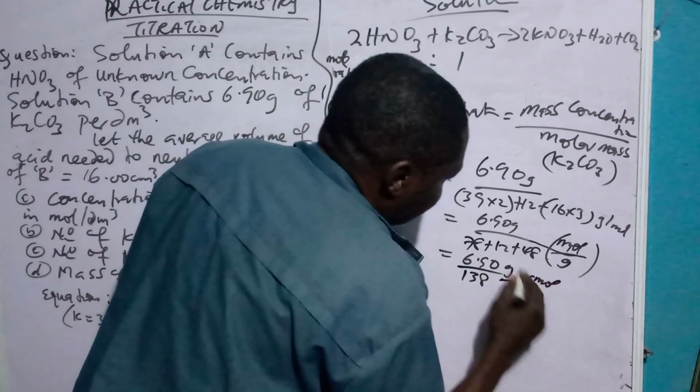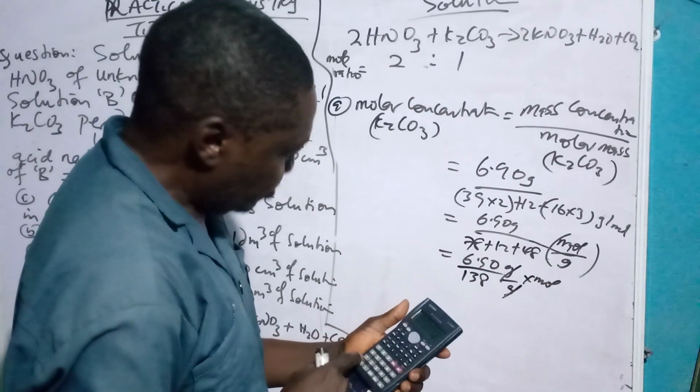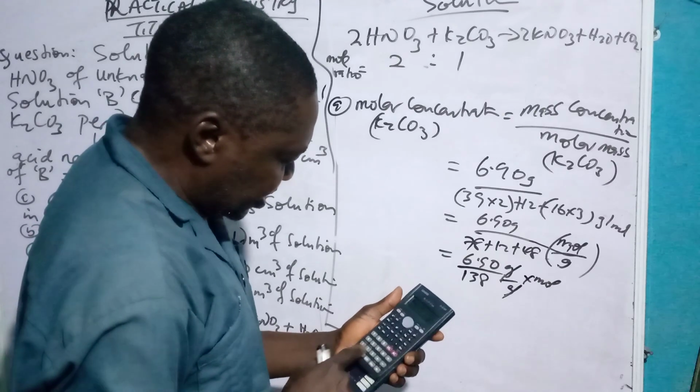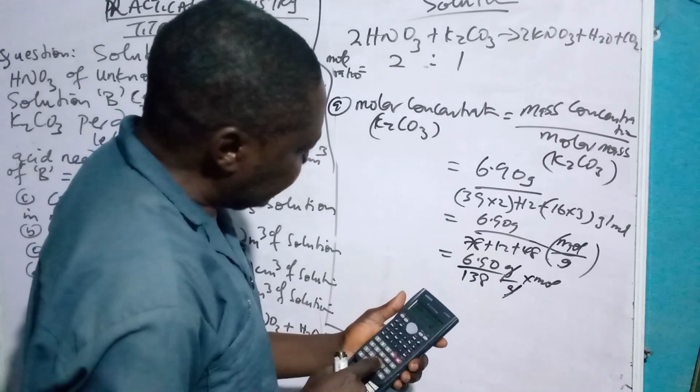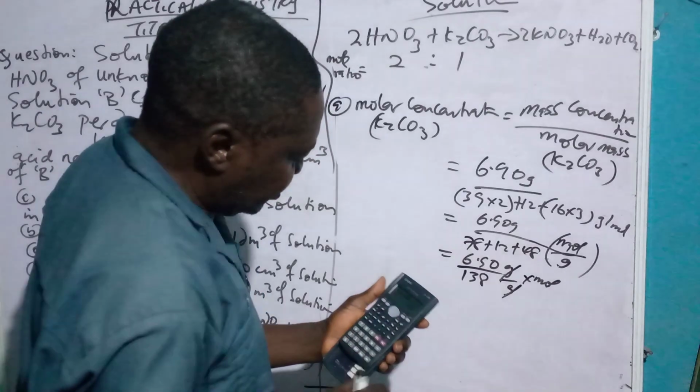Gram will cancel gram. So it now becomes 6.9 divided by 138. You have 0.05